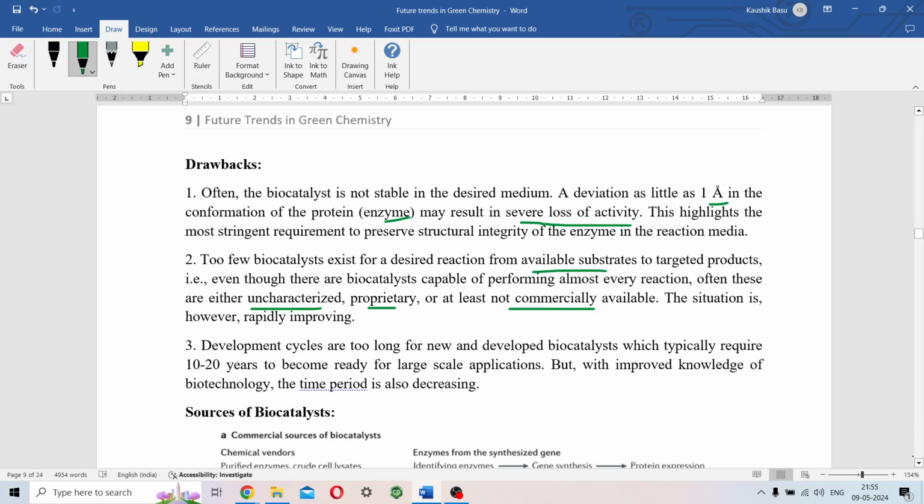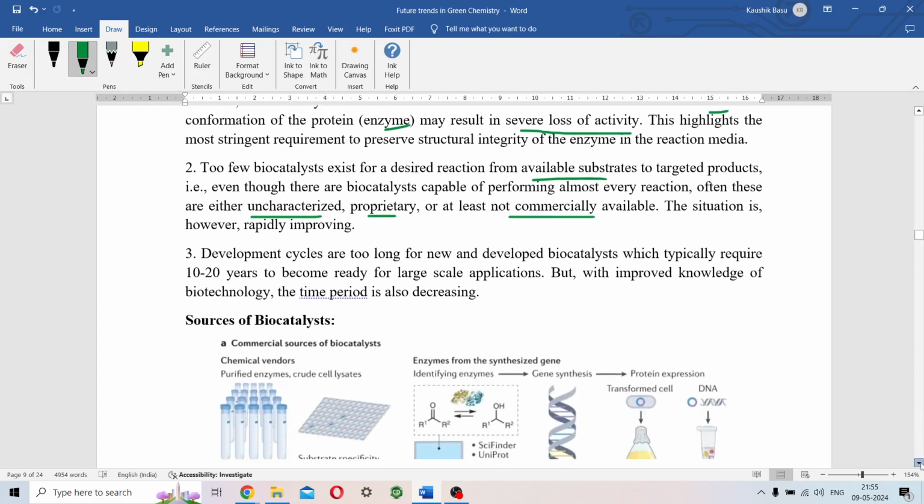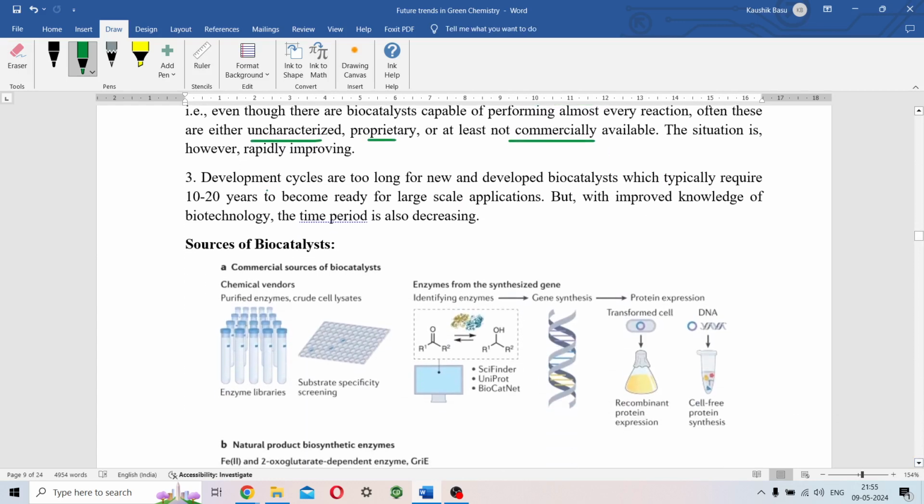তবে এই সিচুয়েশনটা র‍্যাপিডলি ইমপ্রুভ করছে, কারণ এখন জেনেটিক্সের রিসার্চ অনেক দূর এগিয়ে গেছে। আরেকটা প্রবলেম হচ্ছে, যেটা ড্রাগ ডেভেলপমেন্টের ক্ষেত্রেও হয়, যে ডেভেলপমেন্ট সাইকেলগুলো টু লং এবং প্রচুর টাইম লাগে। সেই জন্য 10 থেকে 20 বছর টাইম তো লাগতেই পারে। যেমন অ্যাক্রাইলামাইড প্রোডাকশনের কথা বললাম, ইট টুক অ্যাবাউট 20 ইয়ার্স বায়োলজিক্যালি অ্যাক্রাইলামাইড তৈরি করতে, বায়োক্যাটালিসিসের মাধ্যমে। কিন্তু যত আমাদের বায়োটেকনোলজি, মলিকুলার বায়োলজিতে জ্ঞান এবং এক্সপ্লোরেশন বাড়ছে, তত টাইম পিরিয়ডটাও আস্তে আস্তে কমে আসছে।